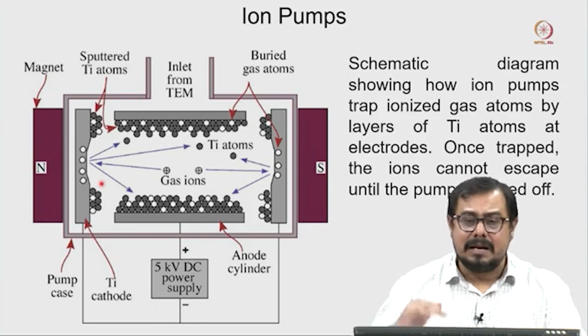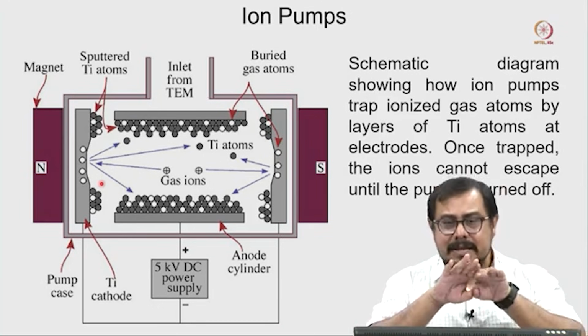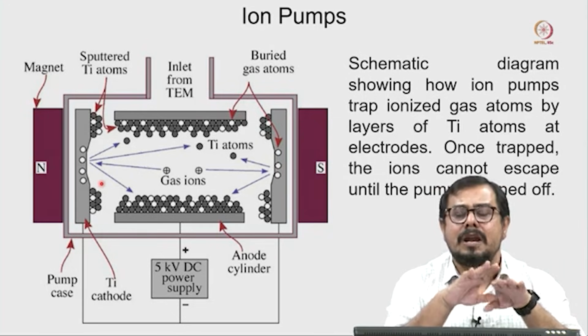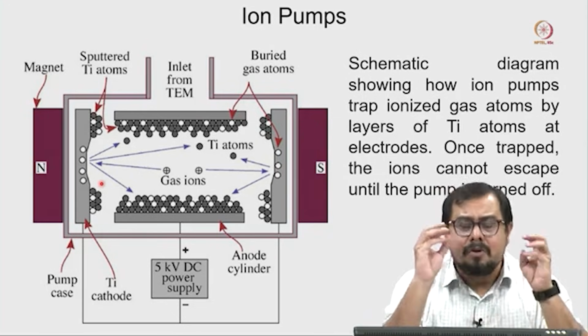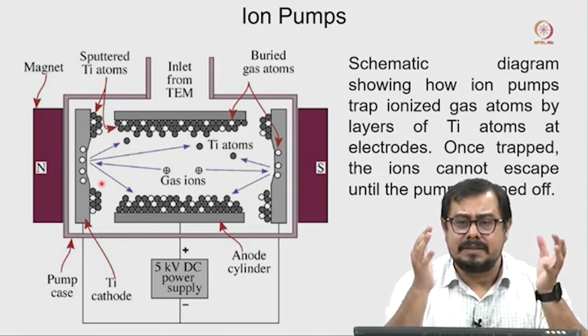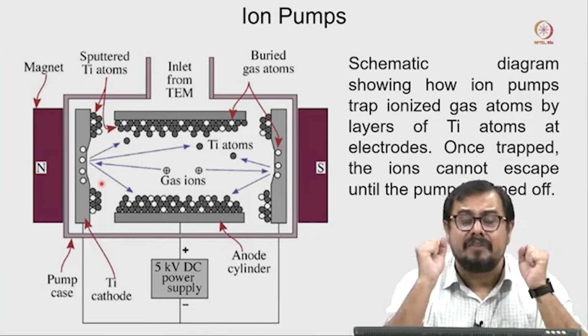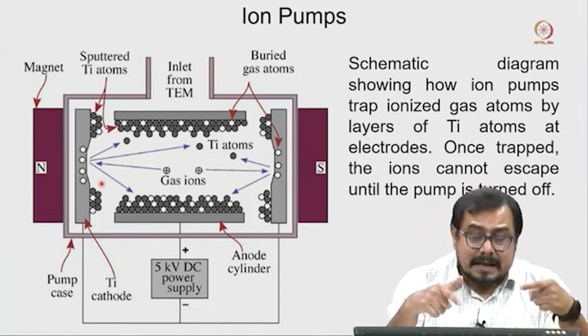So, we need a little bit of time, until we reach a certain vacuum, 10 to the power minus 5 torr or 10 to the power minus 6 torr, where a very high vacuum is there. Now, we want an ultra high vacuum, a very good vacuum for the gun, and at that time the ion